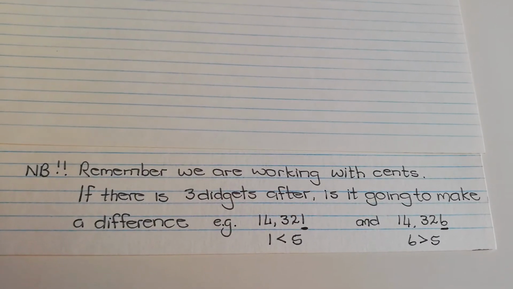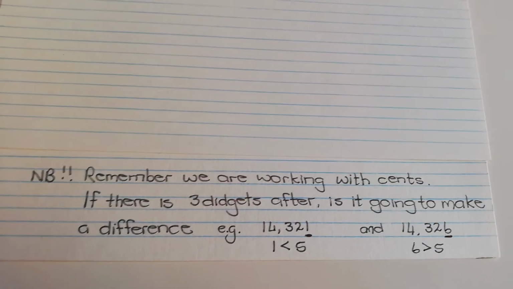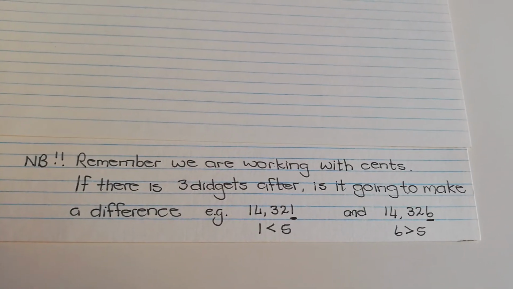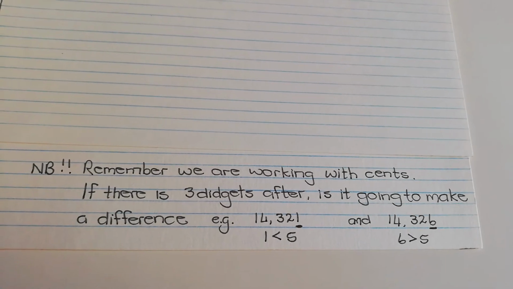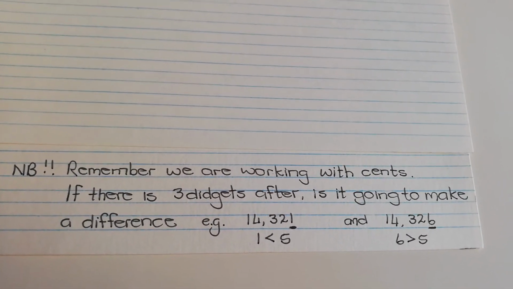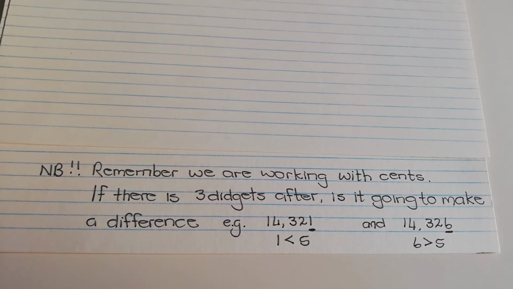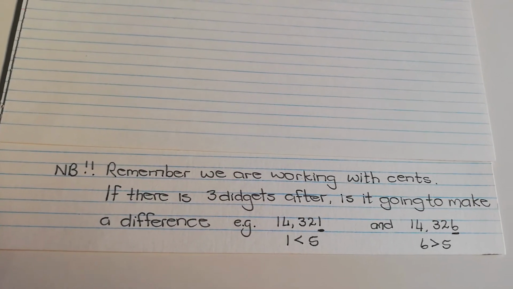There are only two things that I actually want you to remember. Remember, we are working with the cents. If there are 3 digits after the comma, it is going to make a difference. For example, 14.321, your third digit is 1. The 1 is smaller than the 5, so you can throw it away. So the amount will only be 14 Rand